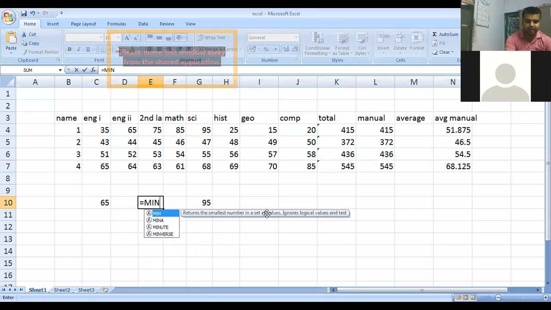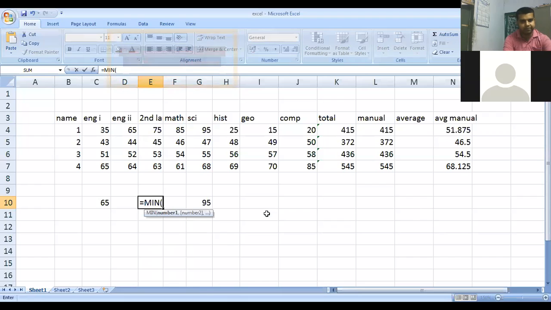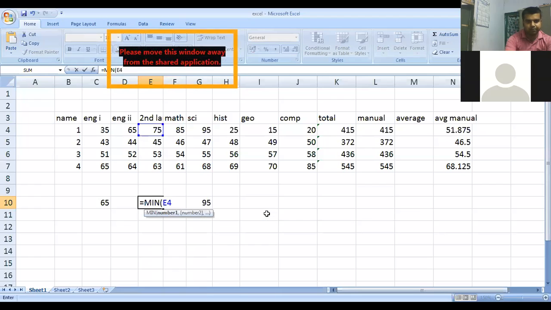MIN, bracket open. Then I will write the cell address of the first mark, that is 75. 75 is in E4. So E4, the first cell, is selected, and where is my last mark? My last mark is at E7.